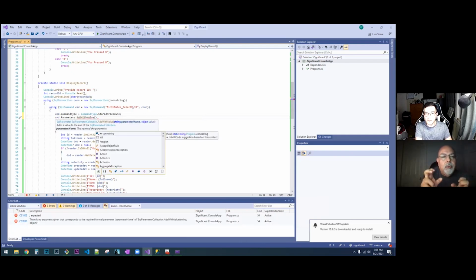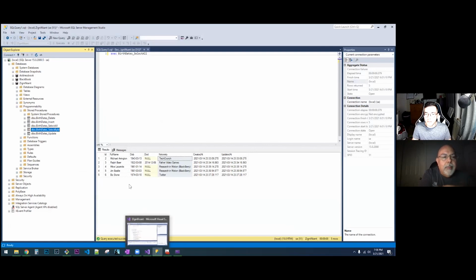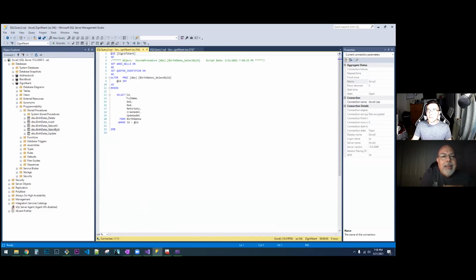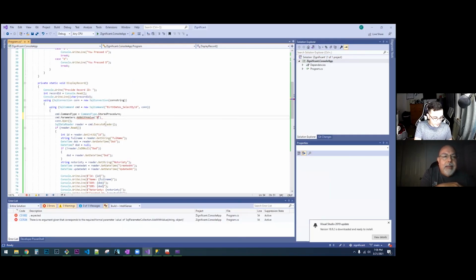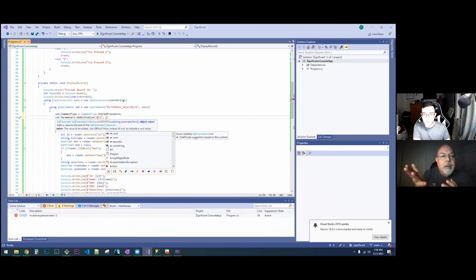And so inside of double quotes, we got to give the name of our parameter. And it has to be identical. So if you go back to your stored procedure, over here. Yep. And then right click on select by ID and modify. You see the name of your parameter on line 9? Yeah. That name, @id, it has to be identical inside of those double quotes. Okay. @id. Okay, and then outside your quote, inside your parenthesis is a comma, and then the value of what that record should